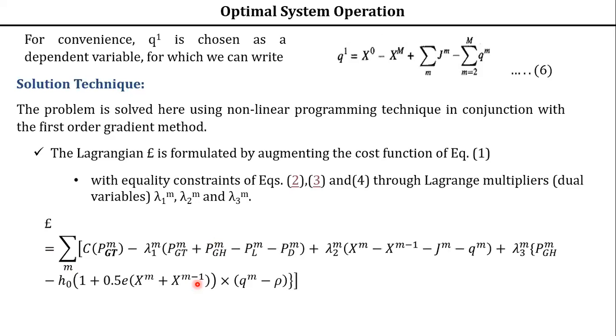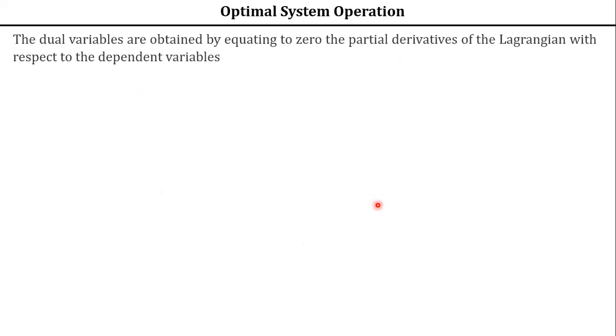Fine. Now what do you have to do? Next we have to apply the conditions, isn't it? After applying the Lagrangian, obviously you have to apply some conditions. So what are the dual variables here? Lambda 1, lambda 2, lambda 3 during each subinterval, that is lambda 1m, lambda 2m, lambda 3m. These dual variables are obtained by equating to 0 the partial derivative of the Lagrangian with respect to the